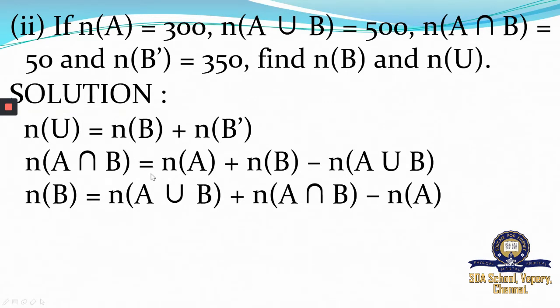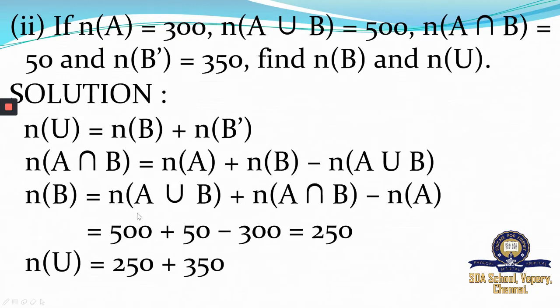We have this result. If you see carefully, you know n of A intersection B, you know n of A, you know n of A union B as well. The only thing which you don't know is n of B. So can you not reform this equation? You have to leave n of B alone over here and bring these two over here. So the sign will change. My n of A, which is positive over here, if it goes to the other side, it will become negative. Got it, students? And my sign for n of A union B, which is negative, will become positive if it goes to the other side.